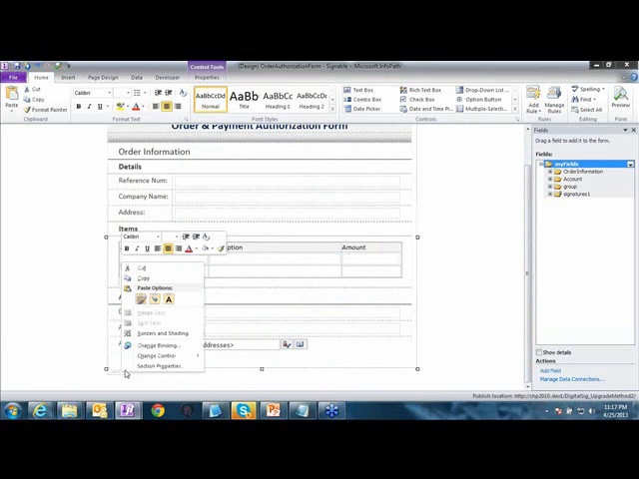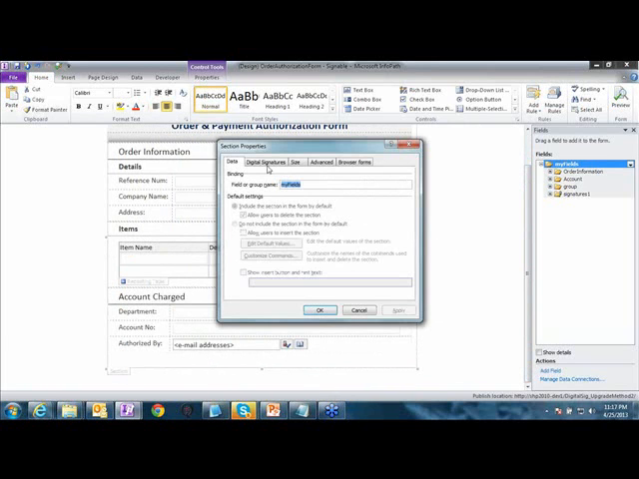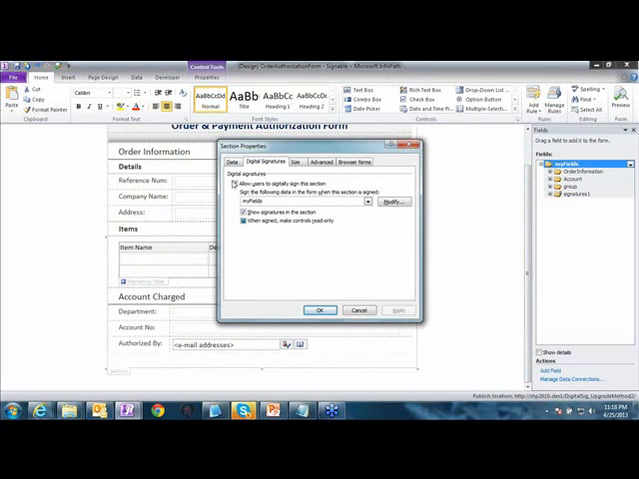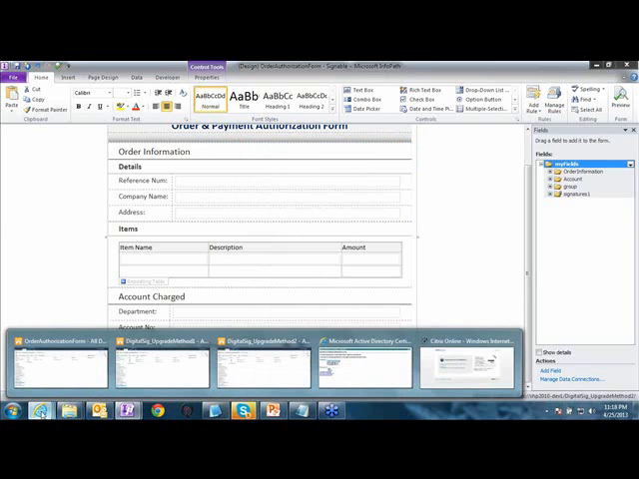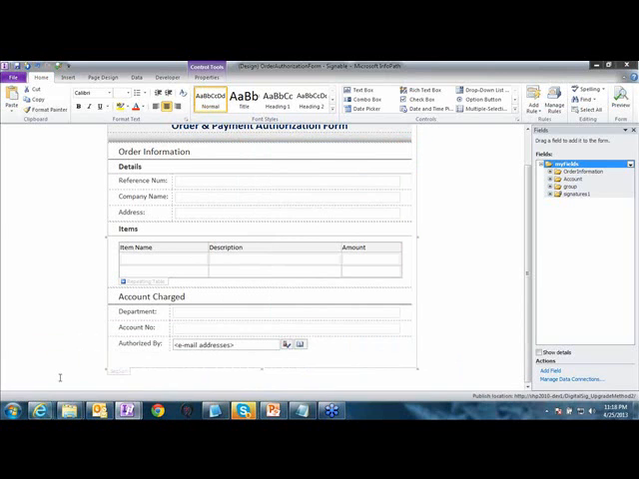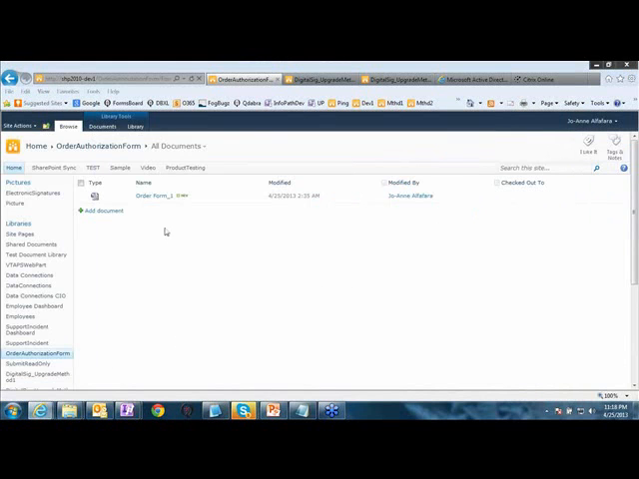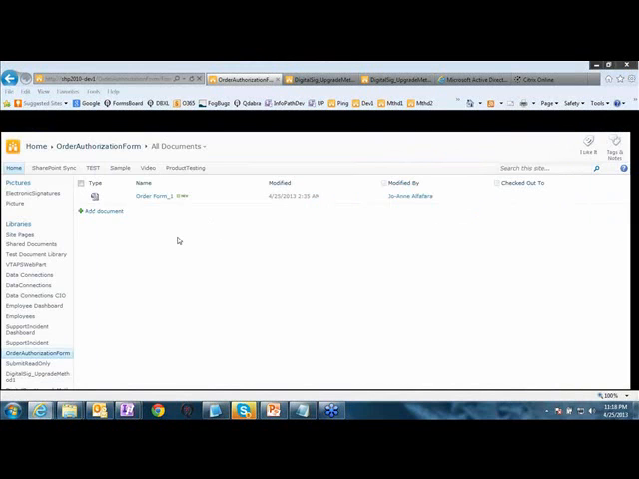And let's see the section properties here. I've also configured the section to be signed with a digital signature. So let's go to the form library where I've published the form. If I open a new document,